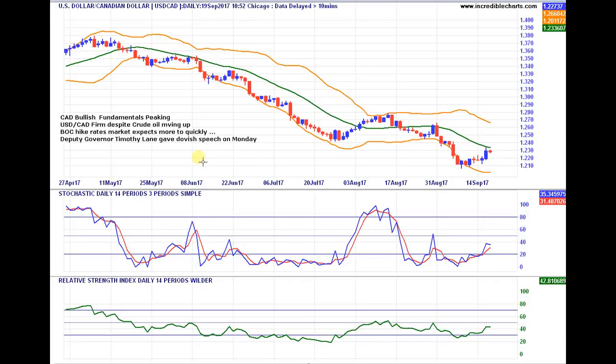But yeah, the Bank of Canada want to be cautious. And we got confirmation of this on Monday when Deputy Governor Timothy Lane gave a very cautious, dovish speech, and that's where you get that candle up to hit the 20-day moving average. Now, from our perspective, after the Bank of Canada, we're going to come in on the first blue candle, which was this one,